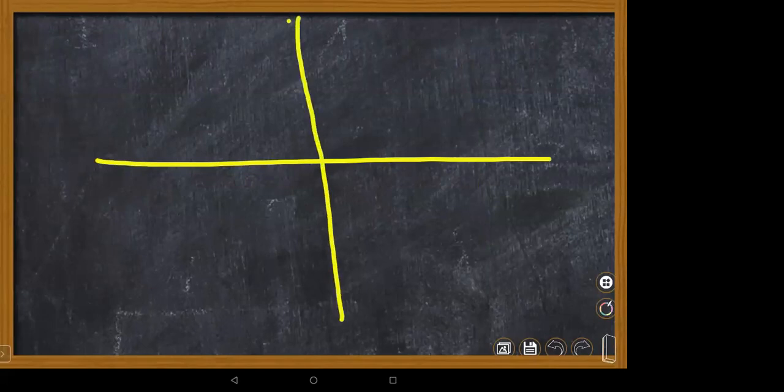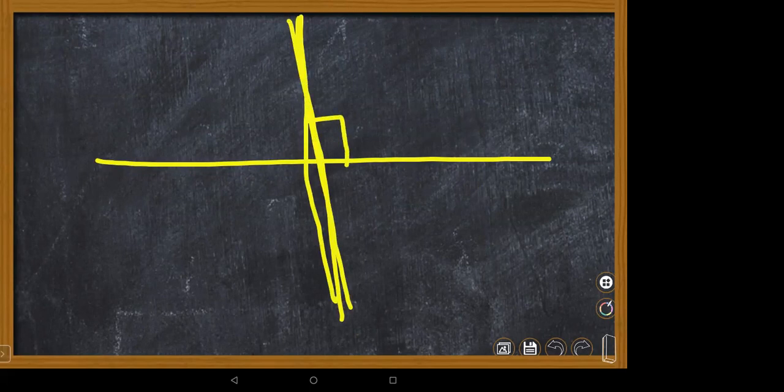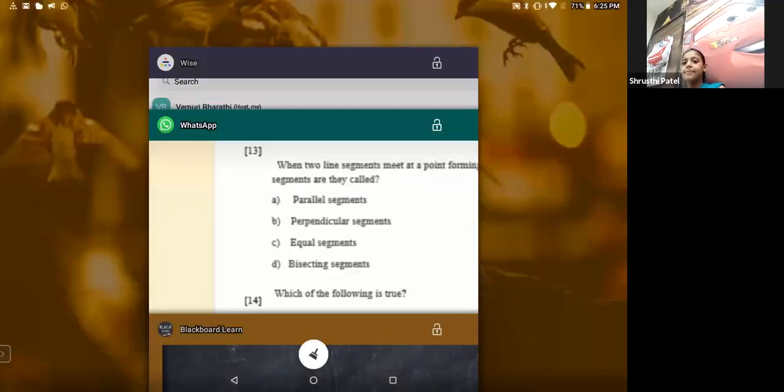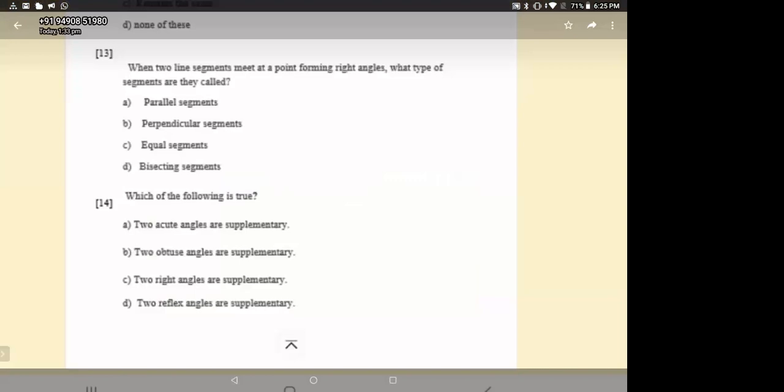When can we call it a perpendicular bisector? Suppose this line is divided by another line from the middle, into two equal parts. Then we call it a perpendicular bisector. Understand, children, the point? Yes, ma'am. Ma'am, I have a doubt. Yes, please, Nana. Ma'am, are the lines in perpendicular bisectors lines or line segments? You can take them as lines or line segments, because generally we think of a line segment having a fixed length. In the general sense, we take lines and line segments also, Nana. Don't worry about that part. You can see the extension.